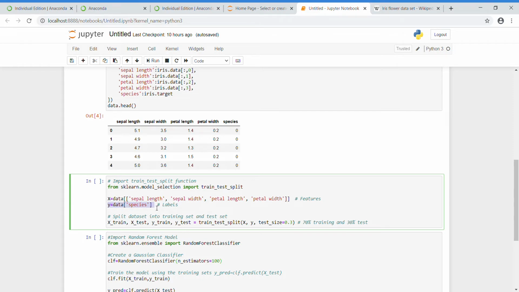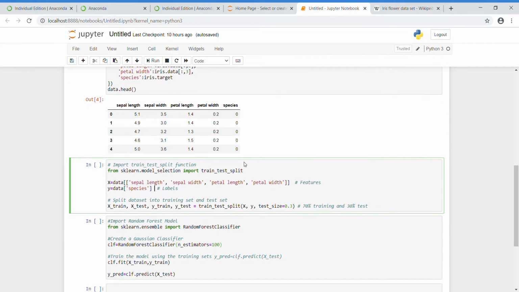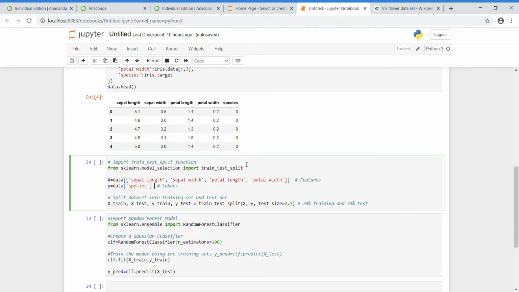Now I use the predefined machine learning function train_test_split to divide the data into train and test splits. Here I am taking 70% for training data and 30% for test data.